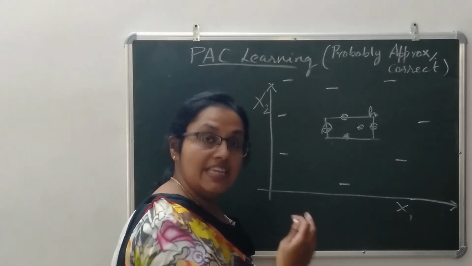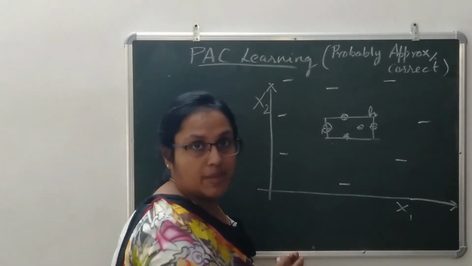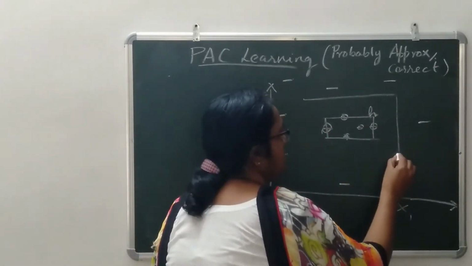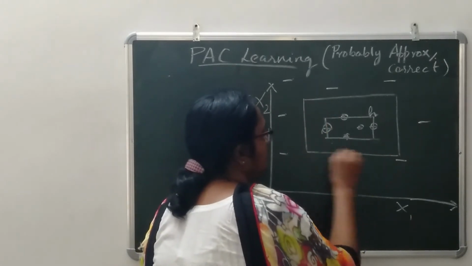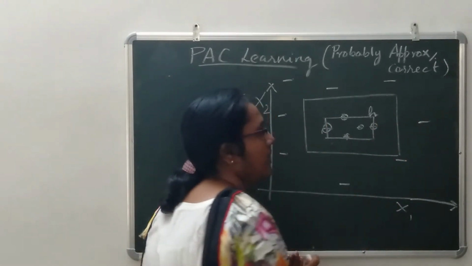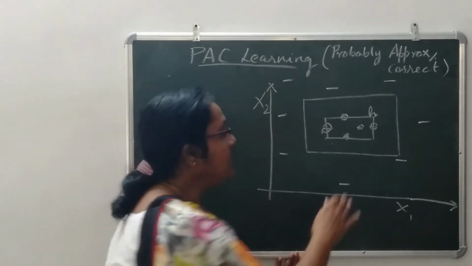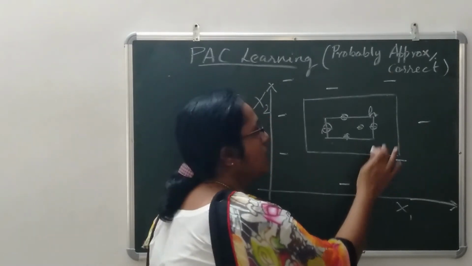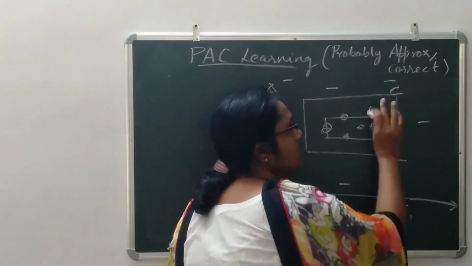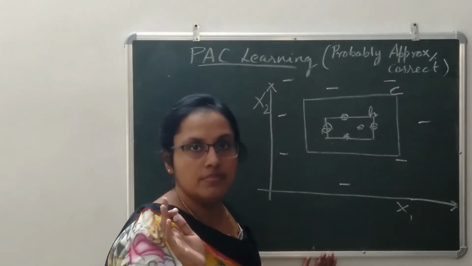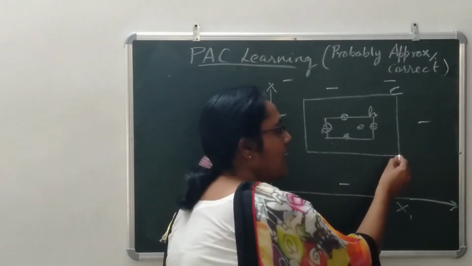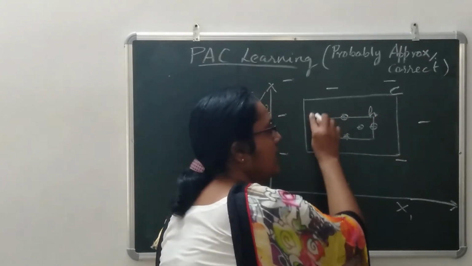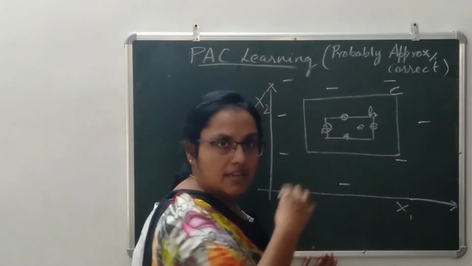Now say that the actual positive class is defined by another rectangle, again in the hypothesis space itself, but this is the actual hypothesis. I'm going to name this actual hypothesis as C. This is actually my concept class. Because I have not seen examples in this area, this intermediate area,